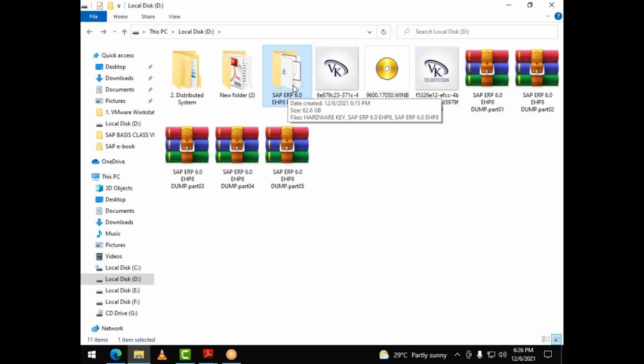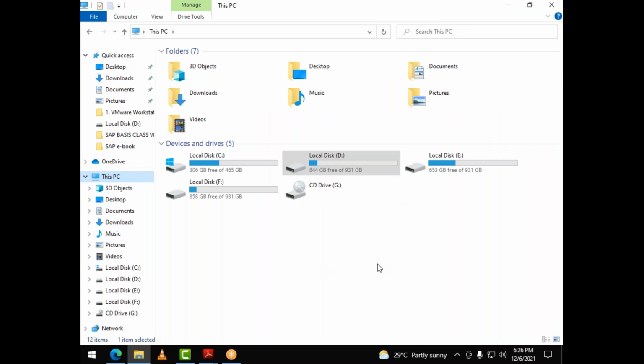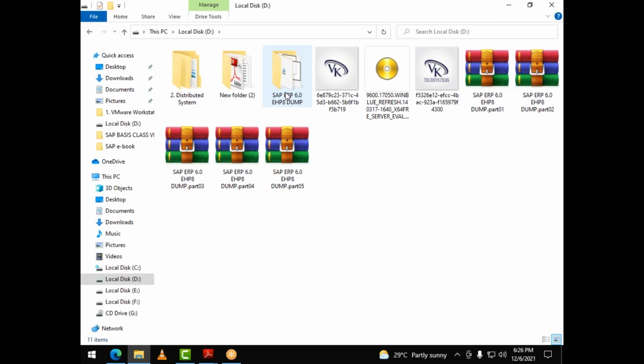Your wish. Where do you put this software? Suppose in your laptop, any drive that has free space of 300 GB, 350 GB, in that drive you put that folder.